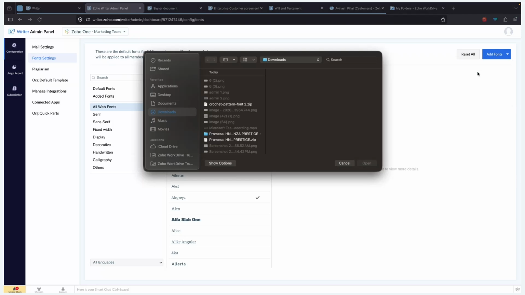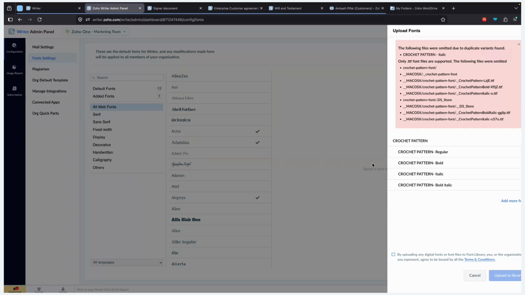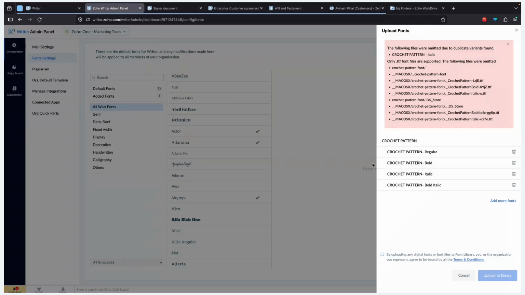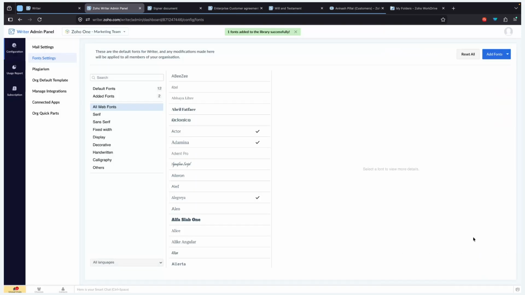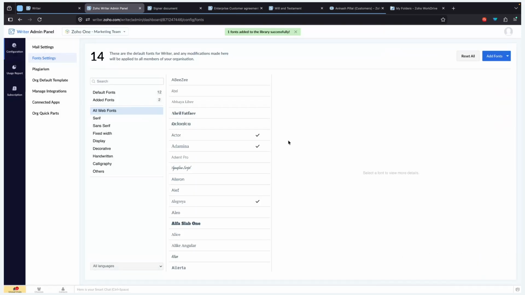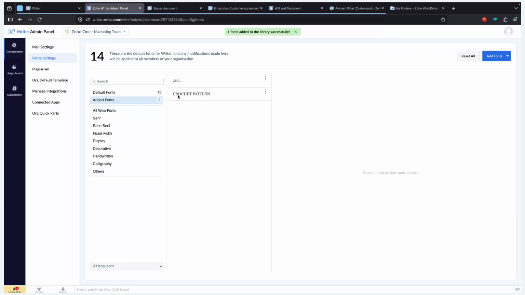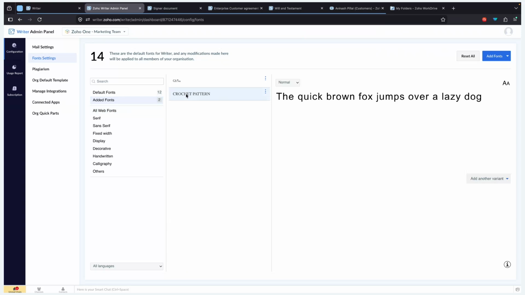By clicking on my computer, you can simply upload your font from the computer. And in here, as you can see, all the font variants are also available. Just by clicking on the checkbox here and selecting upload to library, you can see that these fonts are added into Zoho Writer. Now you can check the added fonts and you'll be able to find the font that you have added. And please note that this is not just for an individual, it's for the entire organization. So all the members in your team will be able to use these custom fonts